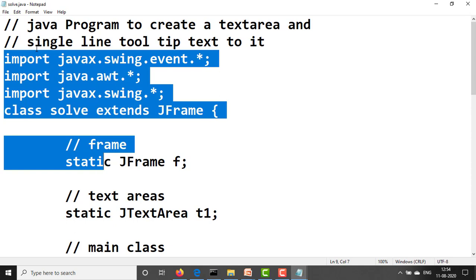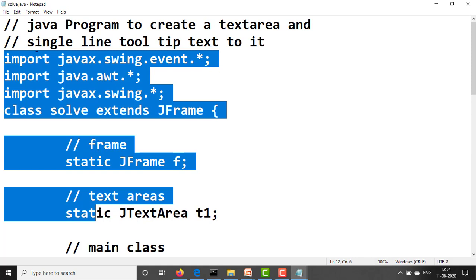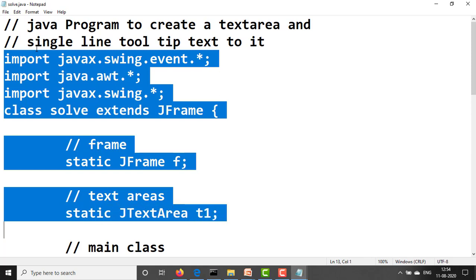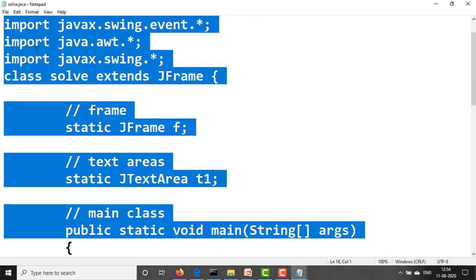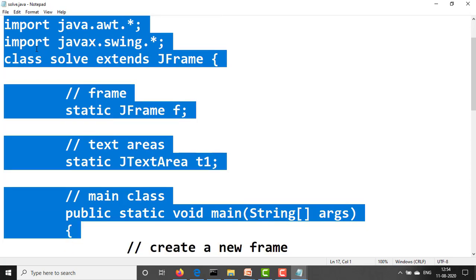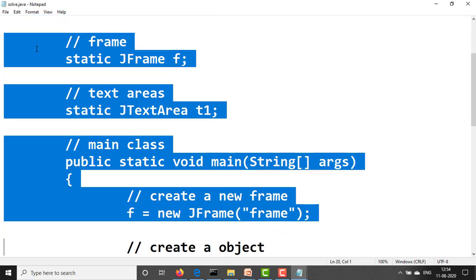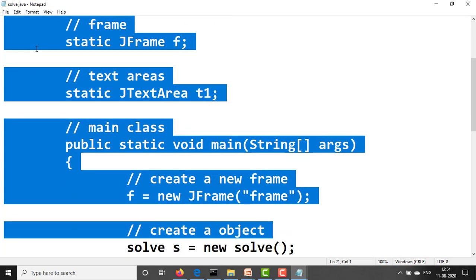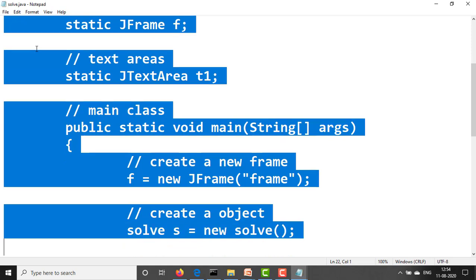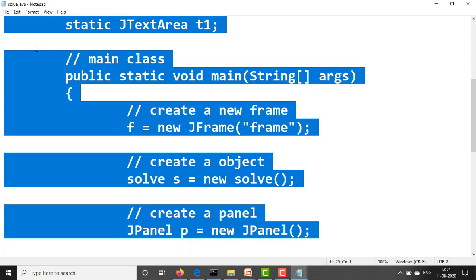Frame declaration: static JFrame f; text area declaration: static JTextArea t1. Main method: public static void main(String args[]), open curly bracket. Create a new frame f = new JFrame("frame"); create a class object, solve s = new solve();